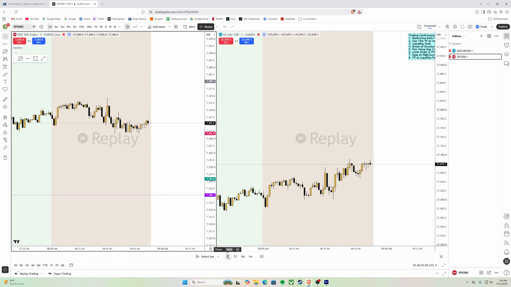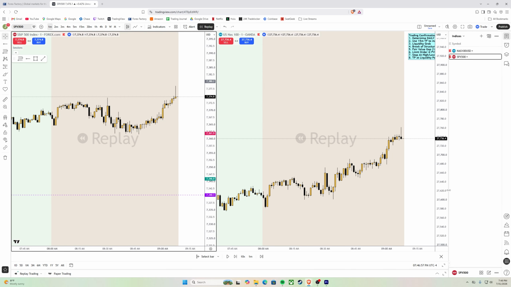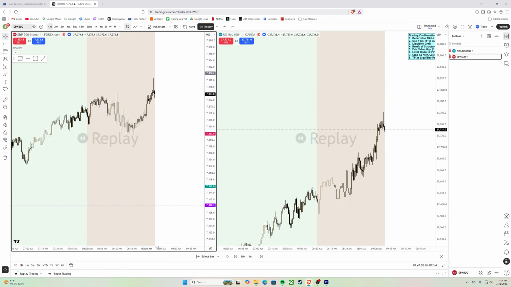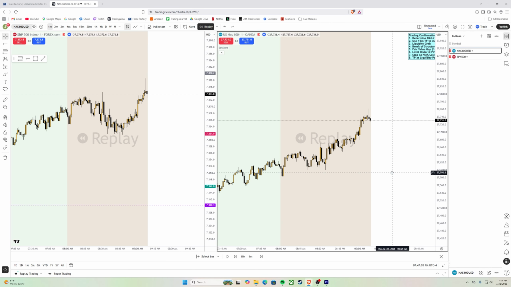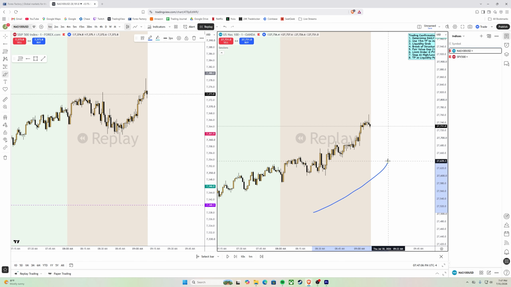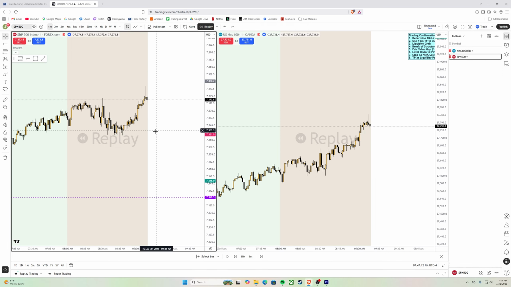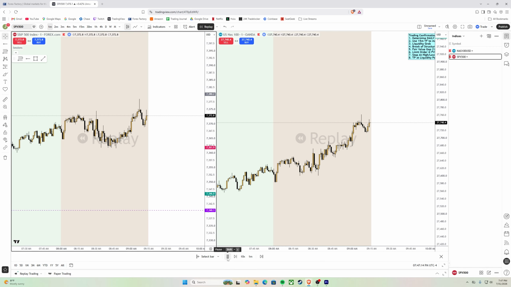So now I'm just going to press play to see what happens. And you're seeing price sort of consolidating. It's traveling a little bit in no man's land. You can see with the NAS, price is slowly inching its way up, and the same with the S&P. You're seeing a little rally, you see a high get taken, but once again, it's not near our point of interest, so we have to just keep watching price.